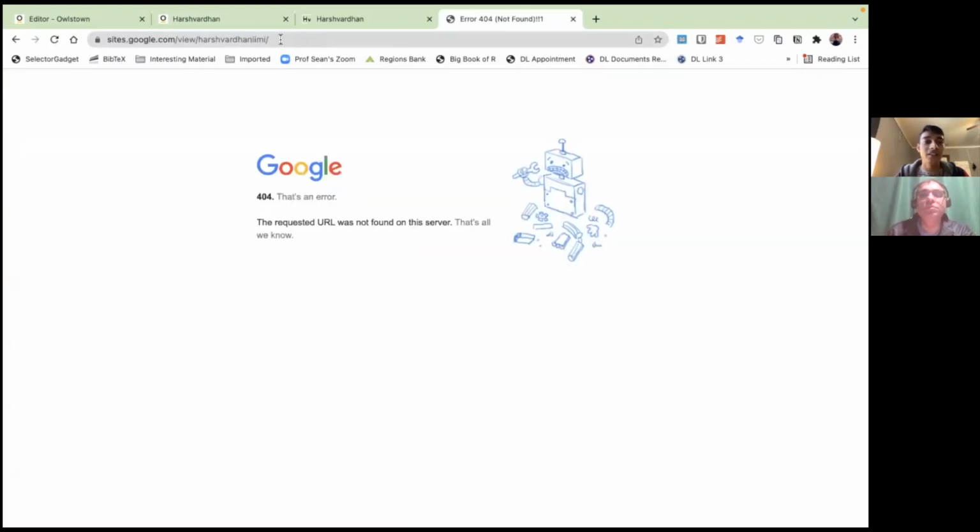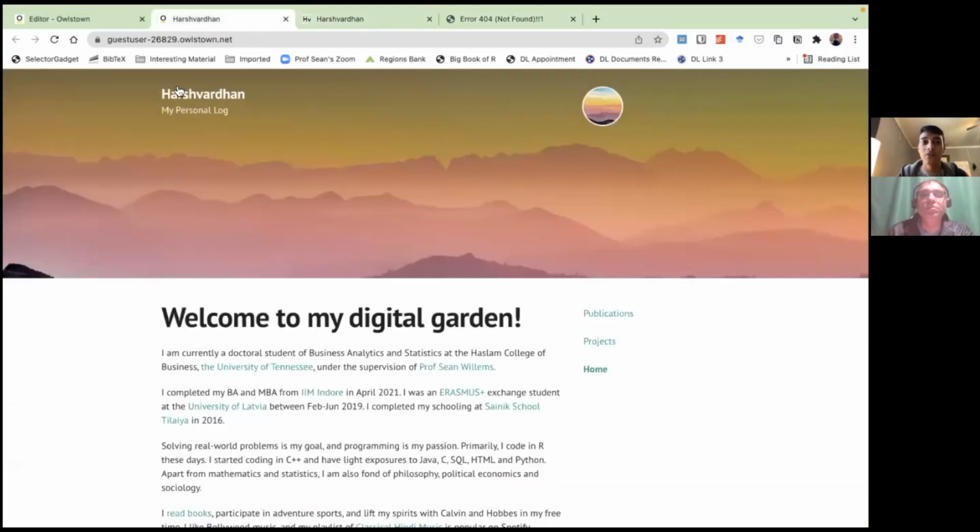And yeah, it has changed. So this used to be my earlier domain, and then it would redirect to this website, which is what you could do if you do not want to buy a domain on your own. If you do want to buy a domain on your own, for Owlstone I think it costs somewhere between $20 to $24 for a year.